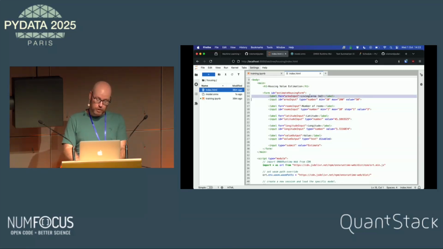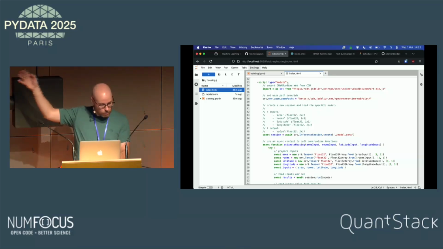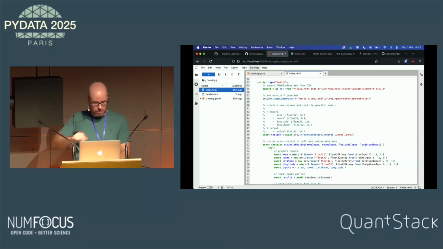So basically every feature I want to input to the model, I'm just putting this as form inputs. And I will be able to retrieve the output of the model. So here I'm writing a bit of JavaScript. What you do here is maybe not the best practice in front-end development, whatever. I'm just doing this for